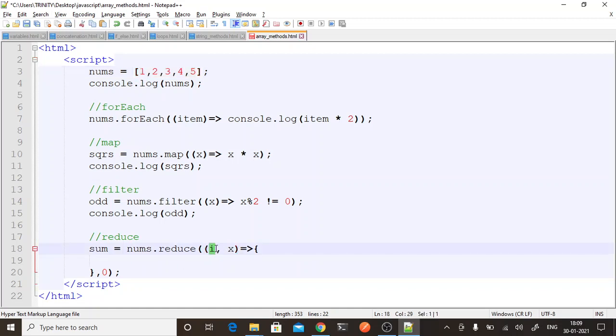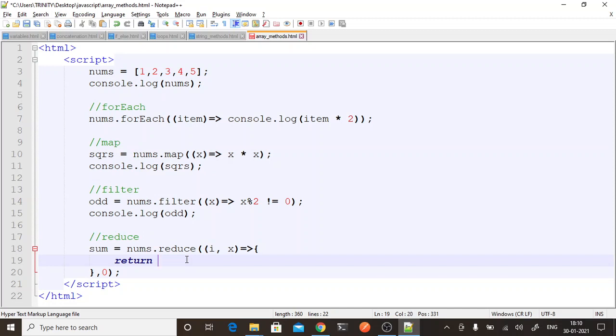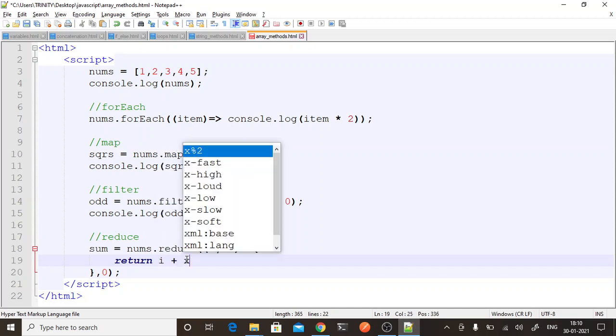That something is nothing but a variable that we are taking, I, and we are initiating its value with the second argument of this reduce, with 0. You can give it 1 also, but since I want the sum of it, I will give 0. So return I plus x.